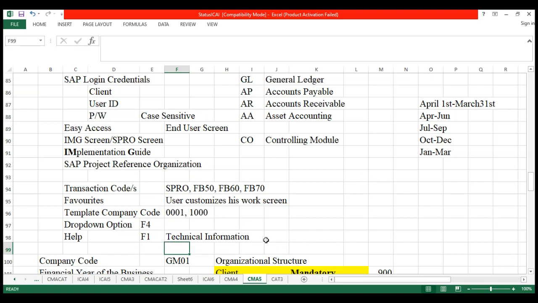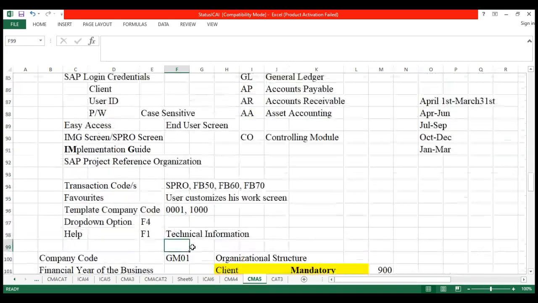The spanner icon within the F1: when I pressed F1 on that field, it took me into the English explanation of that field, and when I pressed on the spanner icon, it also took me into how SAP understands that particular field. Clear? So what else did we see? We also saw,